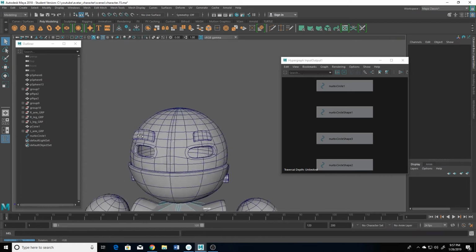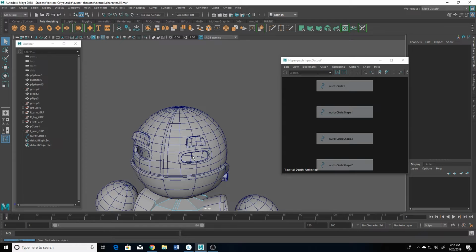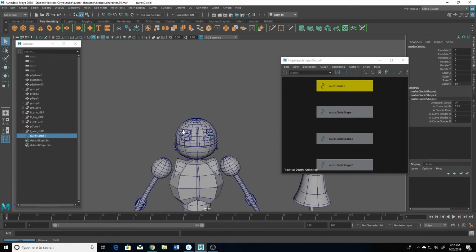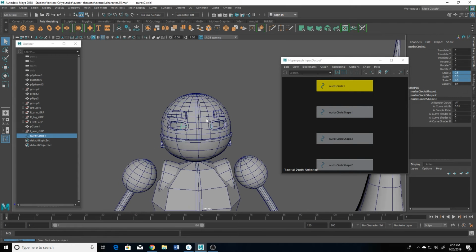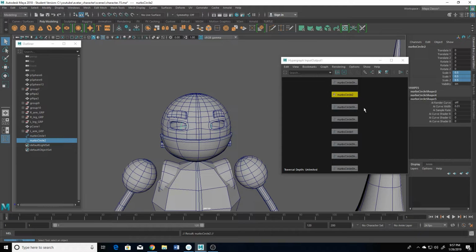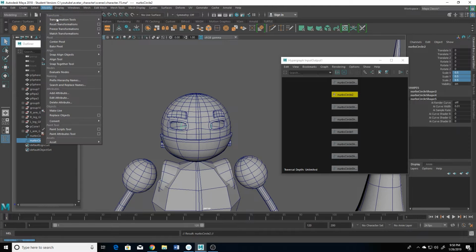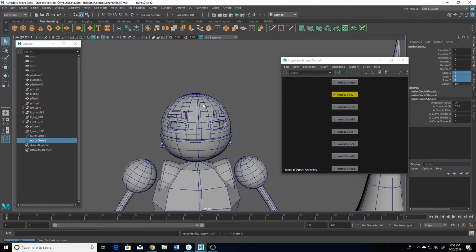It's in there, right? I don't know. There it is. It's too big. I know I'm going to want to make it smaller, so I'm just going to scale it down to like 0.5 to start off with. And I'm going to press Control D. I'm going to go to Modify, Freeze Transformations. Now I have that